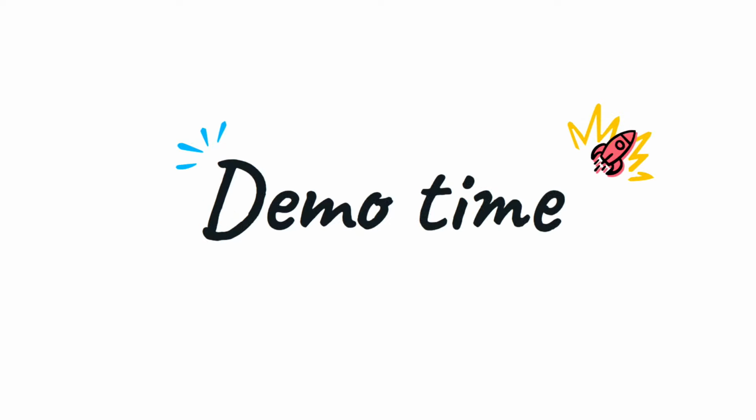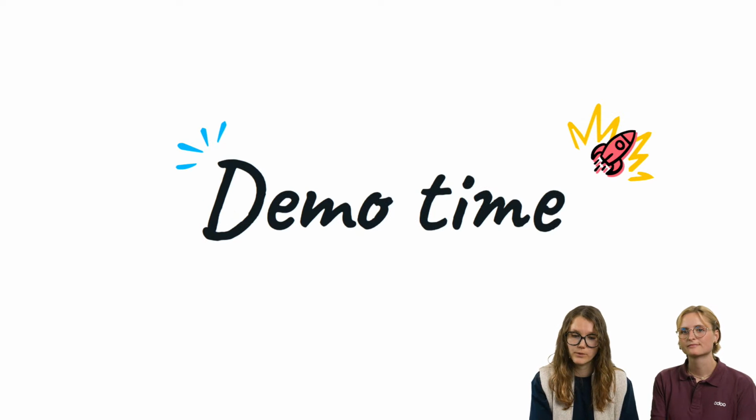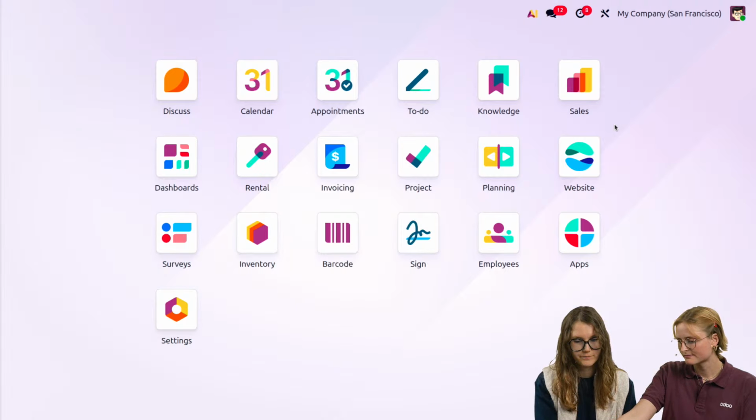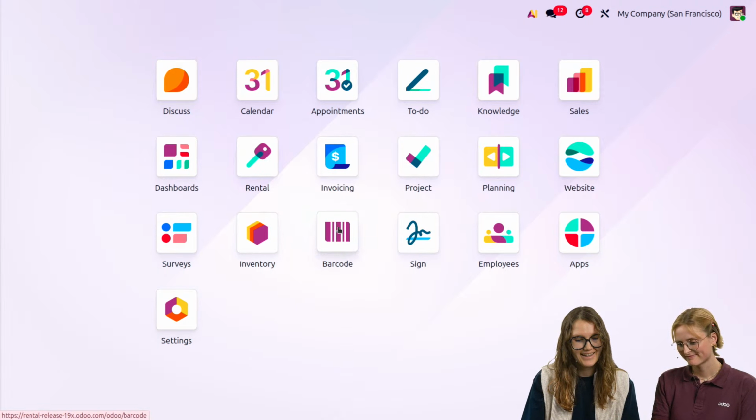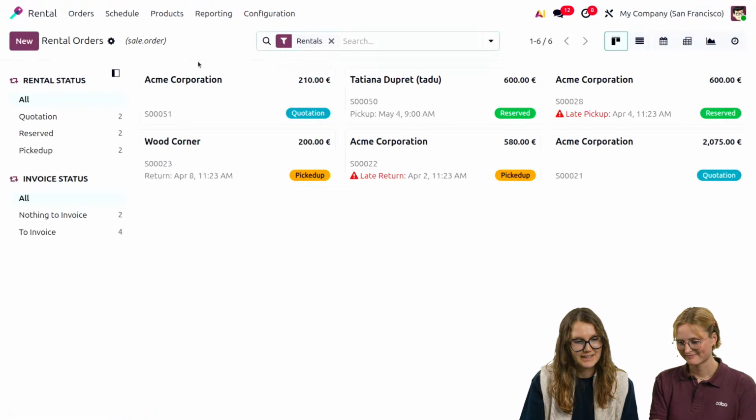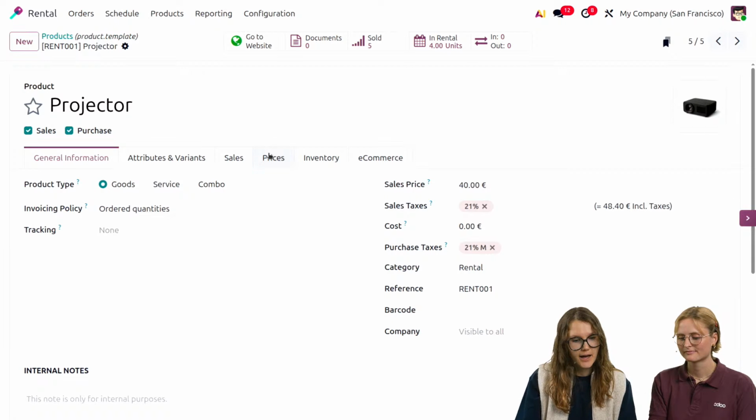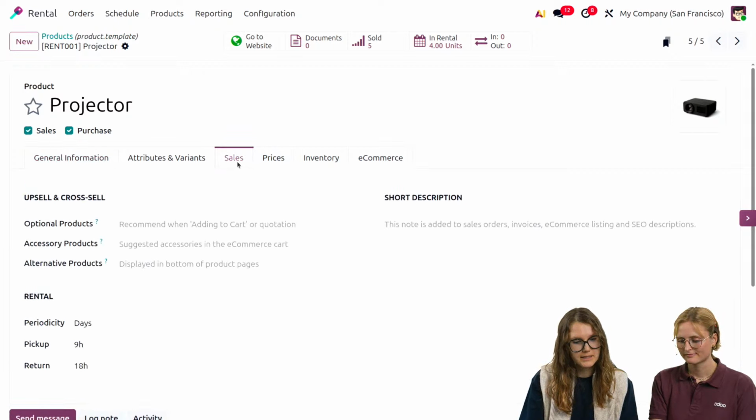Now, let's dig into the database and see what it looks like. So I'm here in my Odoo database, and we're going to go to the rental application. I'm going to go here into my products, and here we see the different rental products that we have. So if we have a look at the projector, I'm going to go first to my sales tab, and here